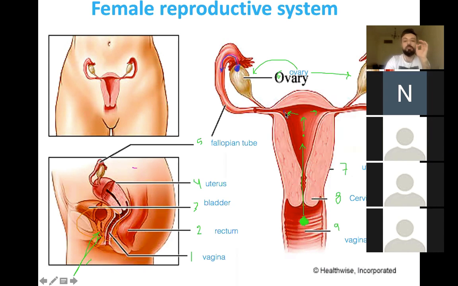Would we have pregnancy? And let's say the egg is right here now and it meets with the sperms at this point. Would fertilization take place? Yes. But would pregnancy take place? No. Meaning that this egg will continue its pathway, and even if it gets fertilized, it would continue its pathway and leave through the cervix and leave outside the body of the female. So it travels very slowly, right? Yes. In order for pregnancy to take place,